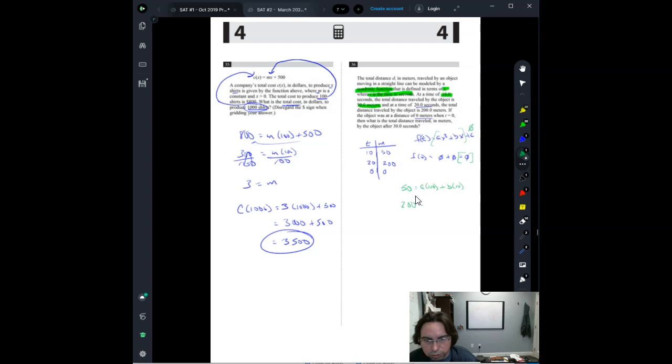420 squared is 400, so it's going to be a times 400 plus b times 10. What you'll now have is a system of equations here. We could try to find one of the terms, either a or b, in this instance. So if I want to eliminate the b term, what I can do here is multiply by